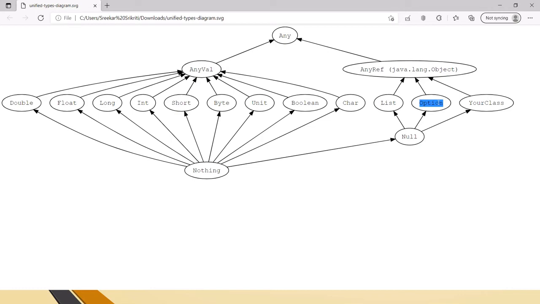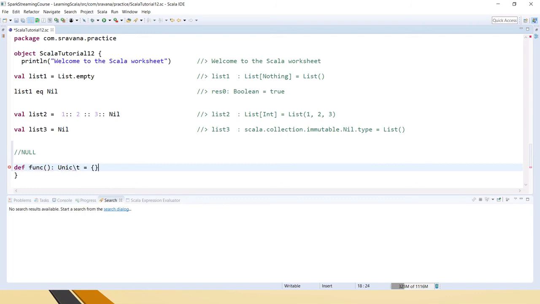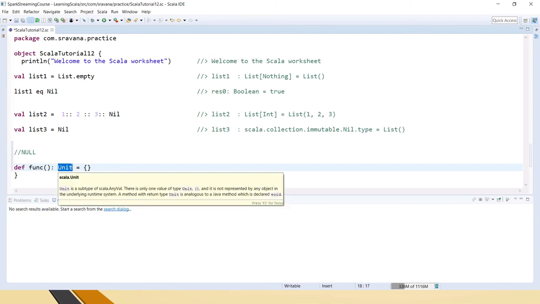And then finally we have Unit. Anywhere you might have seen Unit being used, in most cases, even when defining a function, you might have seen the Unit here. So this is the Unit that I am talking about. Unit is the return type of functions which return nothing, and it's equal to void in Java, like public static void main. In that, void means it returns nothing, right? So similarly Unit also returns nothing.